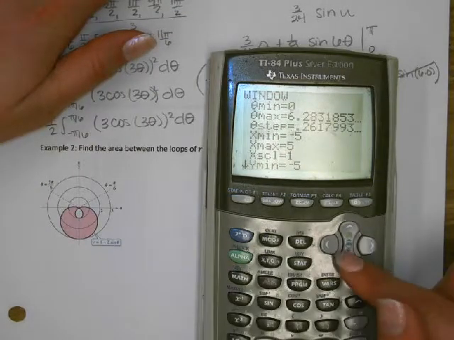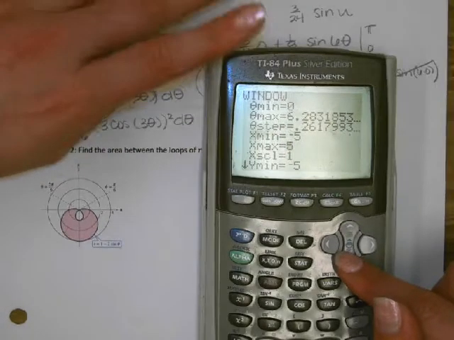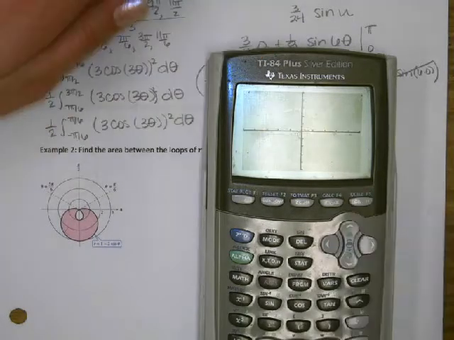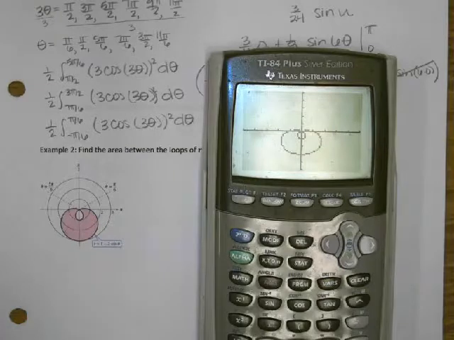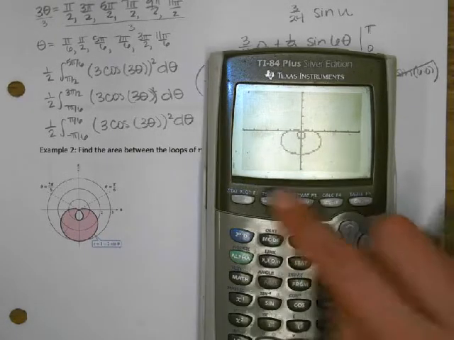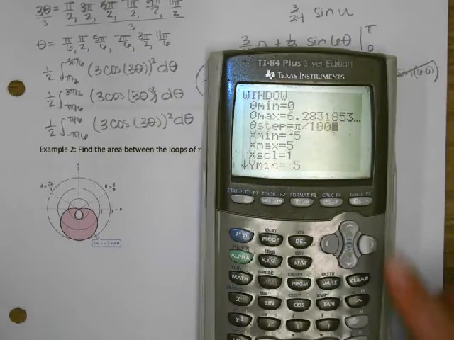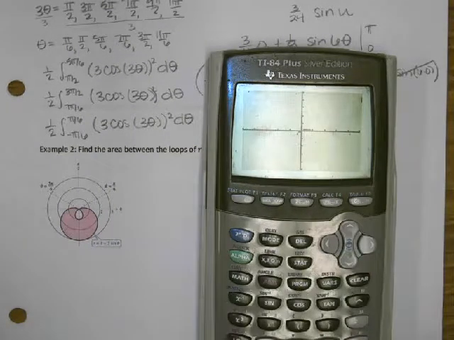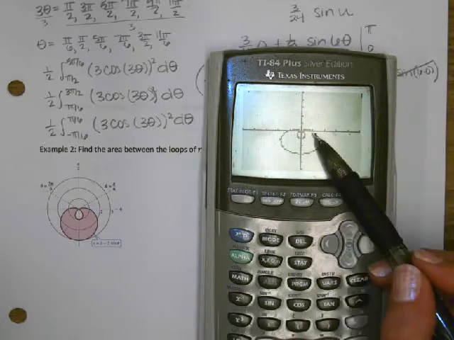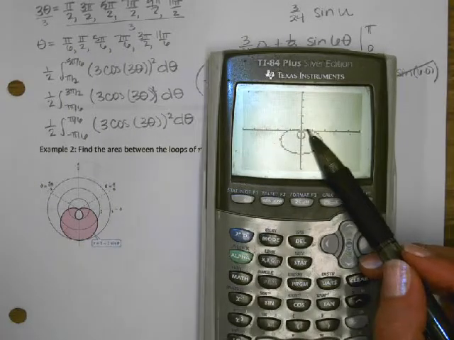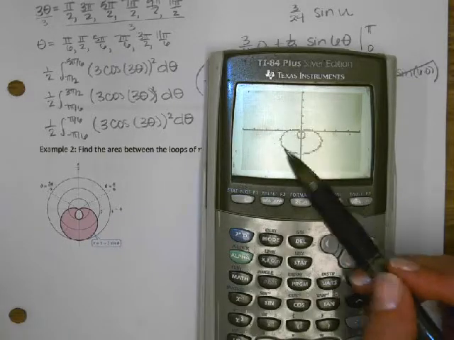And then I think that x min and x max of -5 and 5 will be big enough for us to be able to see everything. So mine went real fast. I'm going to go ahead and make my step more precise so that I can make it graph slower. So if you see what's happening, it started right here. It started on the outer loop, and then it graphed the inner loop, and then it finished the outer